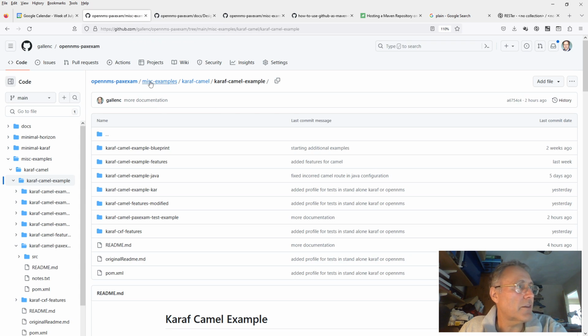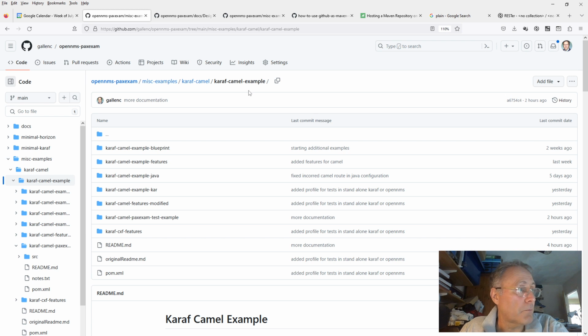So the actual project you will see under PaxExam MISC examples, and then Karaf Camel, and then Karaf Camel example. The actual example itself, the application is taken from an example that is in the Karaf repository. So it's originally a Karaf Camel example, but I've extended it so we can see it being tested using the